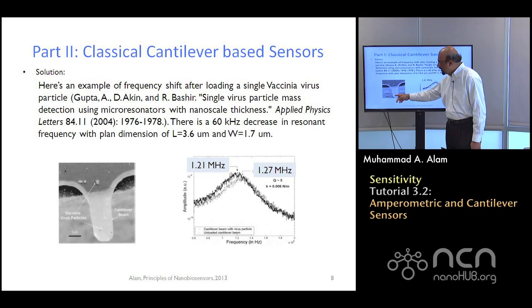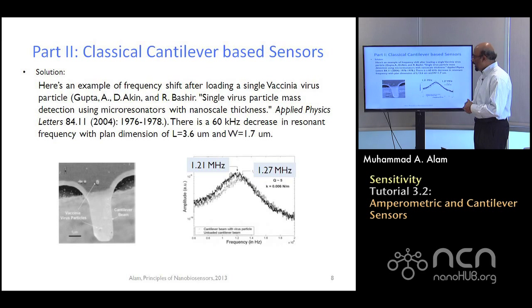And of course, the most sensitivity will happen when the biomolecule is towards the end compared to closer to the base. And you can indeed see that there is a shift in frequency. It is originally 1.27 megahertz, and then eventually it is at 1.21 megahertz. So 0.06 megahertz, about a 60 kilohertz shift in frequency. You can see it can still be detected, but if you try to go farther down, like 1 kilohertz or so, then it's not so easy.